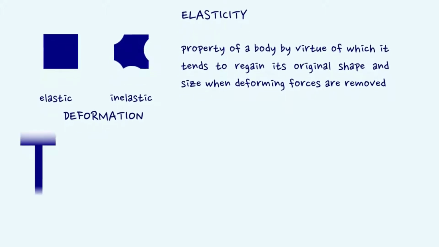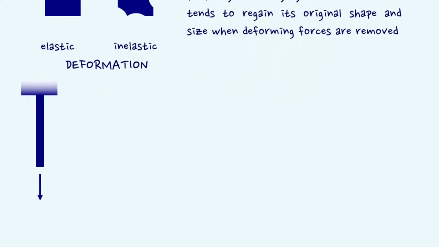Although a solid can be deformed in many ways, there are only three basic types of deformations. All others are combinations of these three types of deformation. First one corresponds to change in length. On removal of the deforming force, the object regains its length. Illustrations are shown of elasticity of extension or compression.